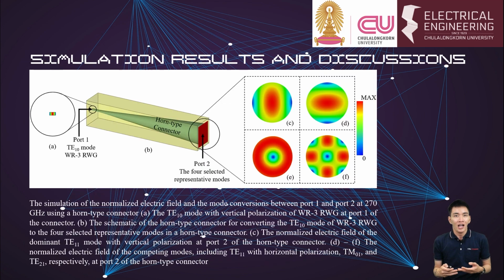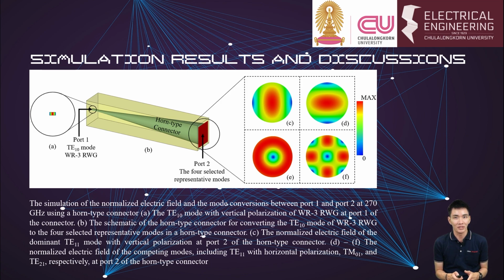optical devices. In figures A and B, a WR3 rectangular waveguide is connected to port 1 of a horn-type connector. The TE10 mode with vertical polarization of port 1 exhibits mode conversion. It is predominantly converted to TE11 mode with vertical polarization within the horn-type connector. As shown in figure C, in addition to figures D to F show three other competing selective modes,